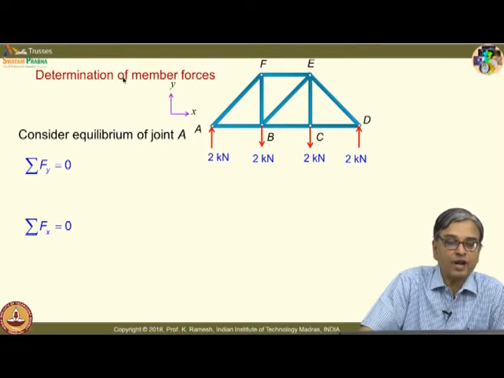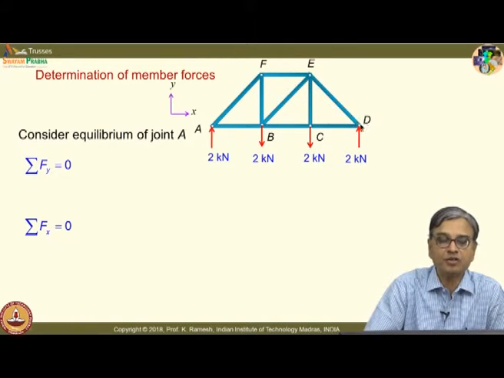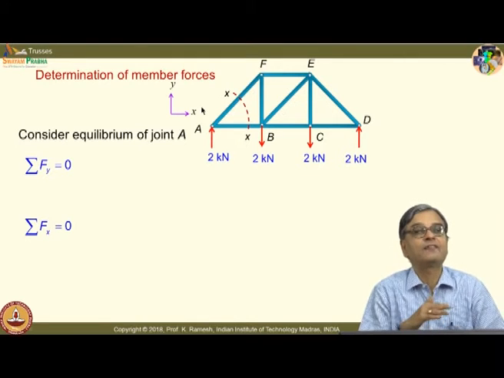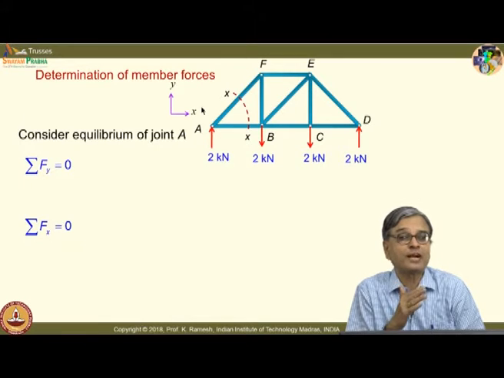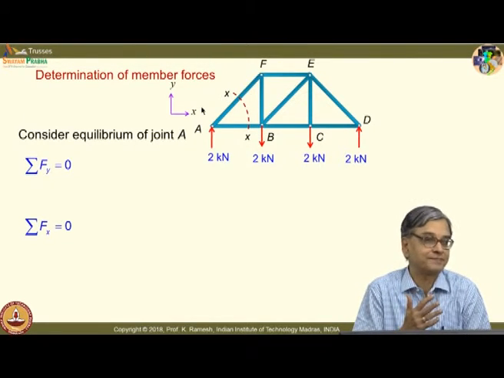Now, we will have to find out the member forces by the method of joints. I can start from either joint A or D, both are equally applicable. Let me start from joint A because I know for sure that I have 2 members, I have 2 unknowns. So, I isolate the joint by an imaginary cut. And I have already told you the scientific community took quite a bit of time to understand this imaginary cut. It was not obvious and simple.